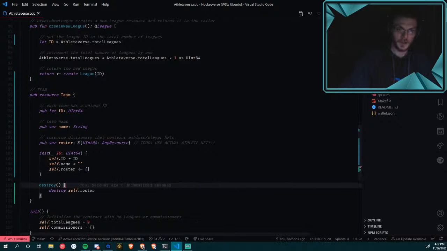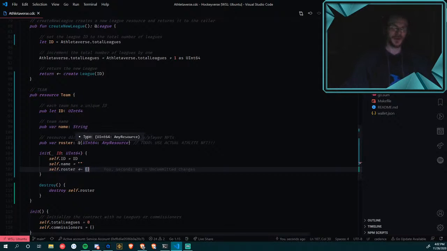Definitely don't want to do that. So when you're creating a resource that contains other resources, this is a resource dictionary, with a special little sign and a special little move operator here. This is what tells us, hey, this is something different, because they're a resource, they need to be handled a little differently. Resources are anything you're moving around, any asset really, anything that there can only be one of, anything unique, anything you don't want to duplicate or have lost or stolen. That needs to be a resource.